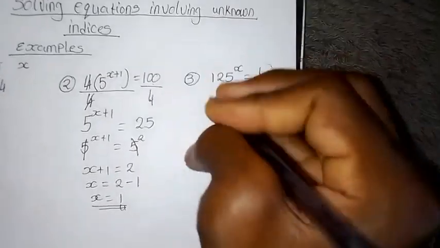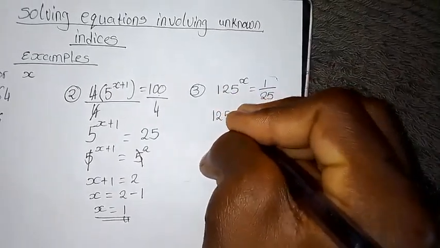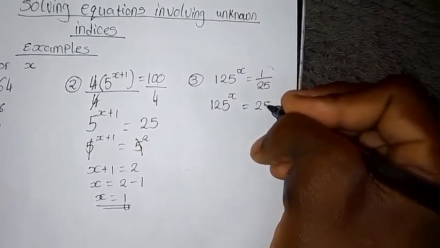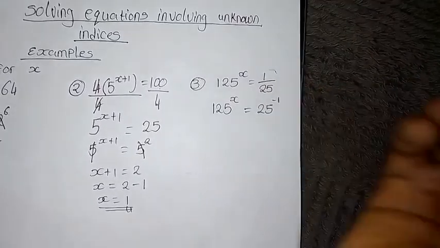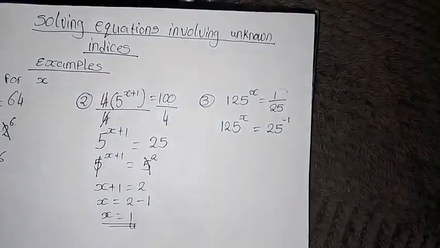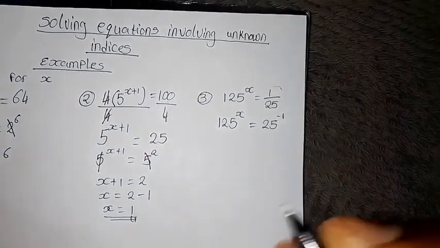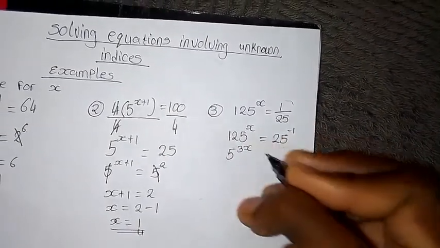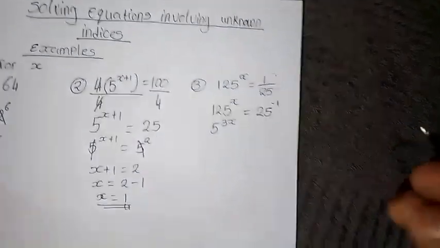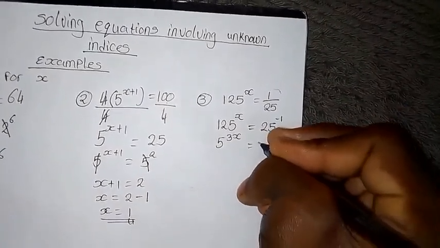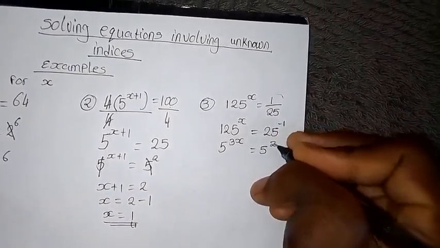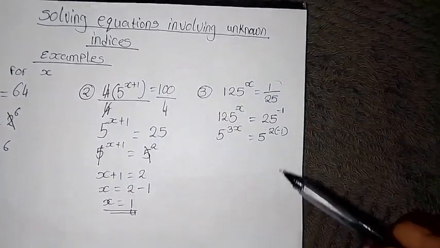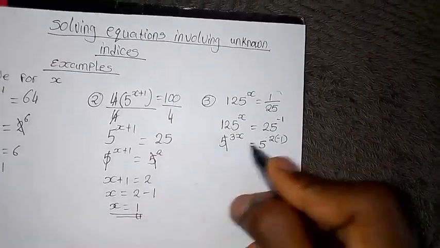So this is going to equal 125^x is equal to 25 raised to the power negative 1. So now let's make the bases the same. So 5 power 3 is equal to 125, and 5 power 2 is equal to 25. So we cancel out the bases, so it's going to be